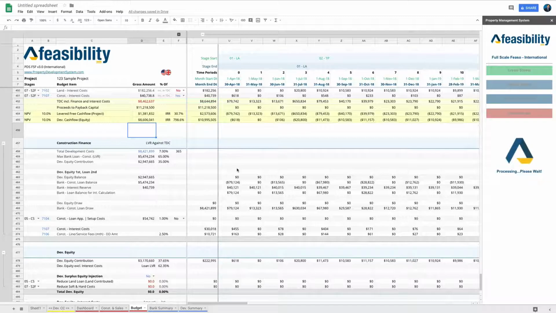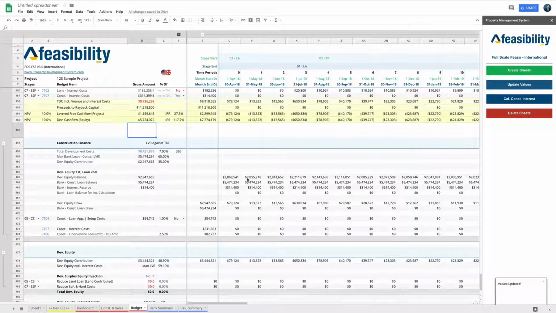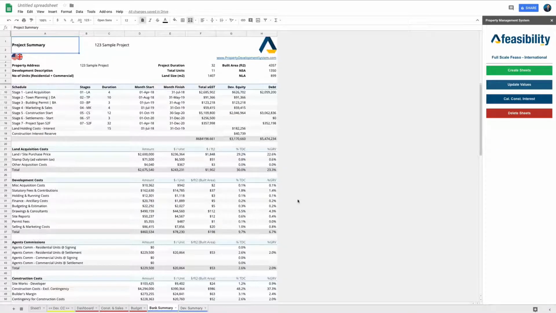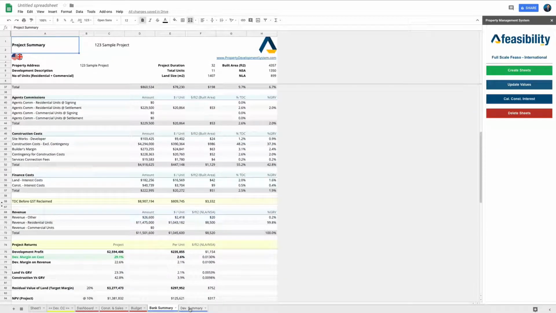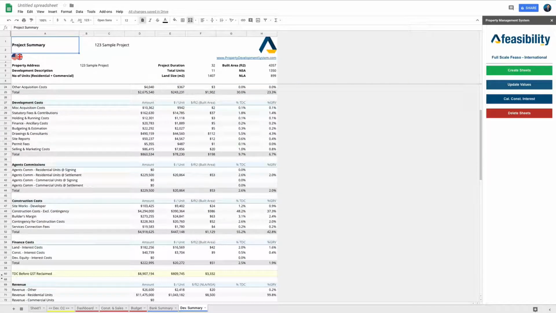Once these new values are in here, there's not a lot to do. Again, follow the detailed feasibility that you will get with this application if you were to get the application. So you'll get these values here, and then it's all done. Your bank summary is updated, and then your developer summary is updated. Now this is the international version, and the only difference between a bank summary and a developer summary is because